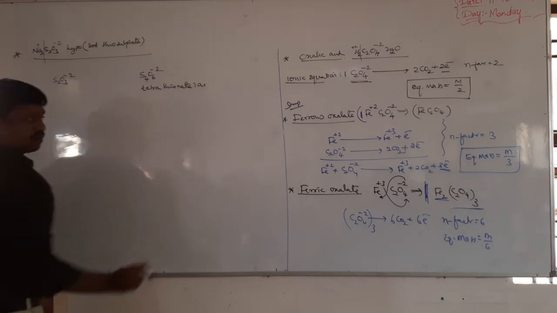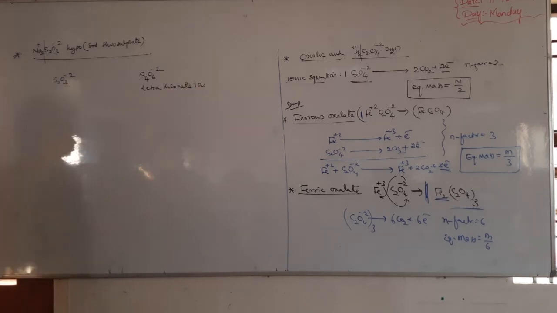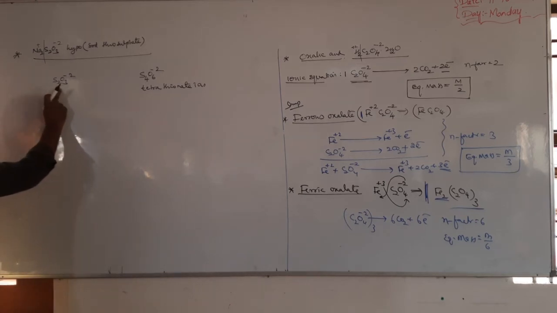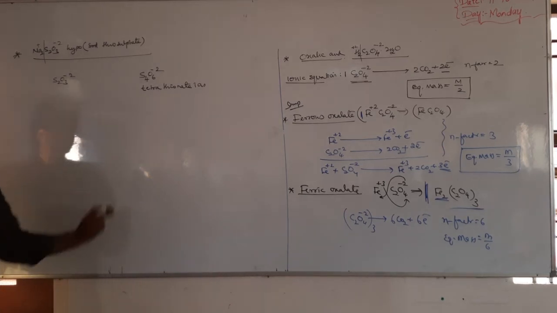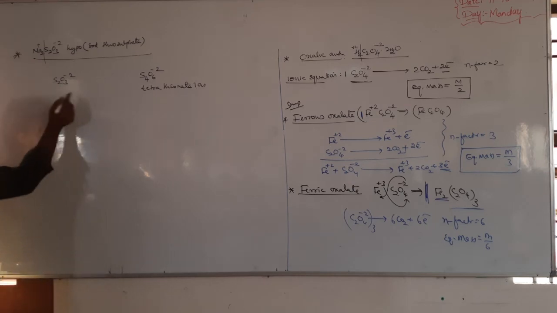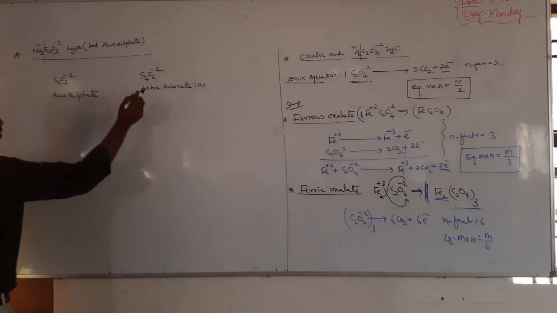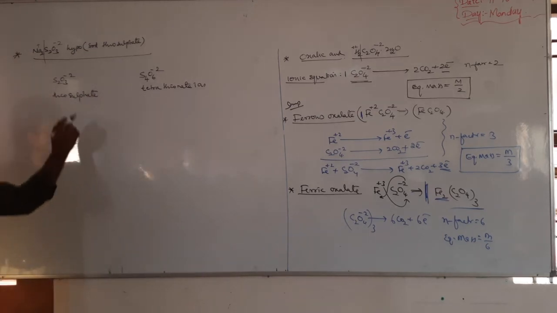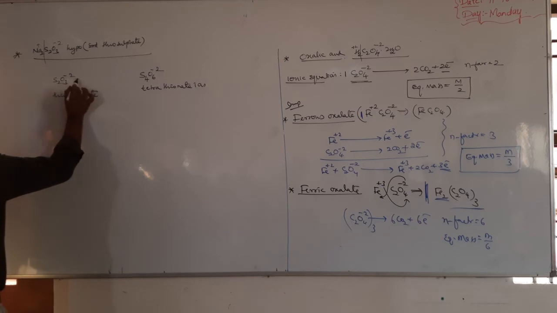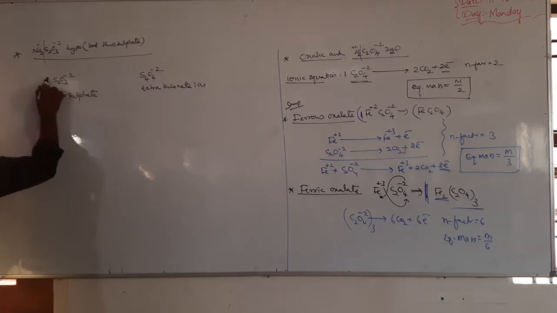Tetrathionate ion. Based on this, in 2020 a question was given in the NEET exam. So S2O3 minus 2 converts into S4O6 minus 2. Thiosulfate changes to tetrathionate ion. Then what should be taken? Tell me. You should take 2 moles, no? 2 here, 2 here.